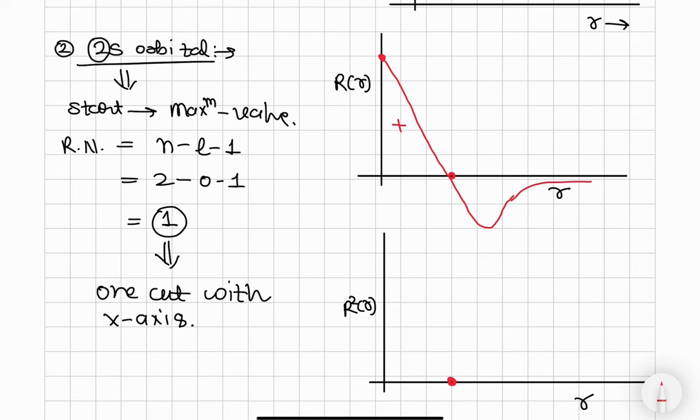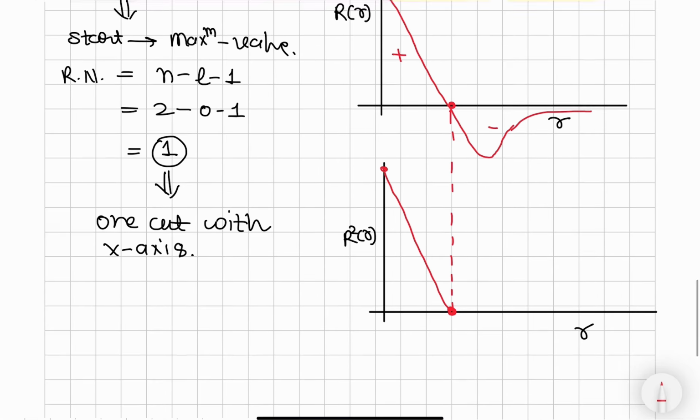This will be plus and this will be minus, and you can see the position of the radial node will not change because the square of 0 is 0. That's why in R square the position of the radial node will not change. But in the case of R square, the negative values become positive because the square of a negative is positive. That's why in the graph this portion will not change, but the portion below the x-axis, which is negative, becomes positive. That's why the nature becomes like this, and again parallel to the x-axis.